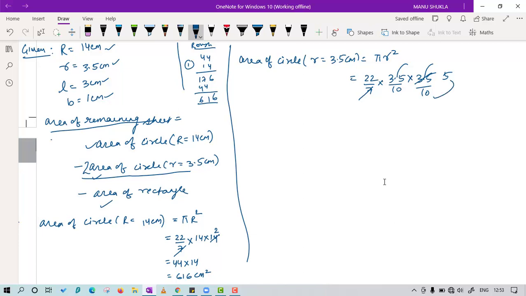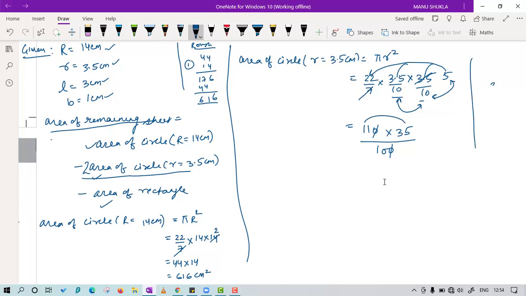Now you can cut these two also, but I have always told you not to cut these good numbers and bring some number like 2 or 3, because they are best kept to the end to put the decimals. Better you multiply these two. So 22 into 5 is 110, and 11 into 35 upon 100. Now you can see we can cut 10 easily. So now I suggest you to cut. Okay. Now we have to multiply these two.